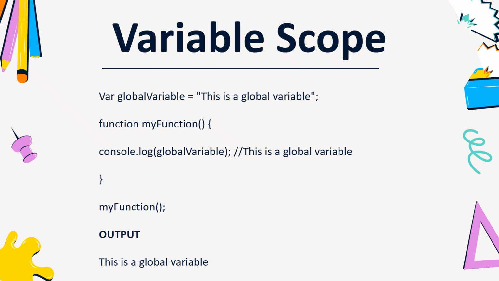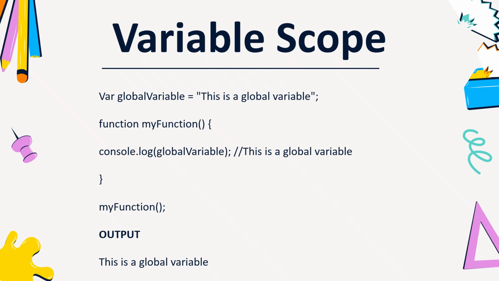Variable scope. This is a simple example of a global variable. The first line declares a variable named globalVariable using var, which is not inside a function. It becomes a global variable accessible anywhere in the script. The next line declares a function named myFunction. Inside the function we have the printing statement console.log. We are accessing the global variable here, which we declared outside the function,